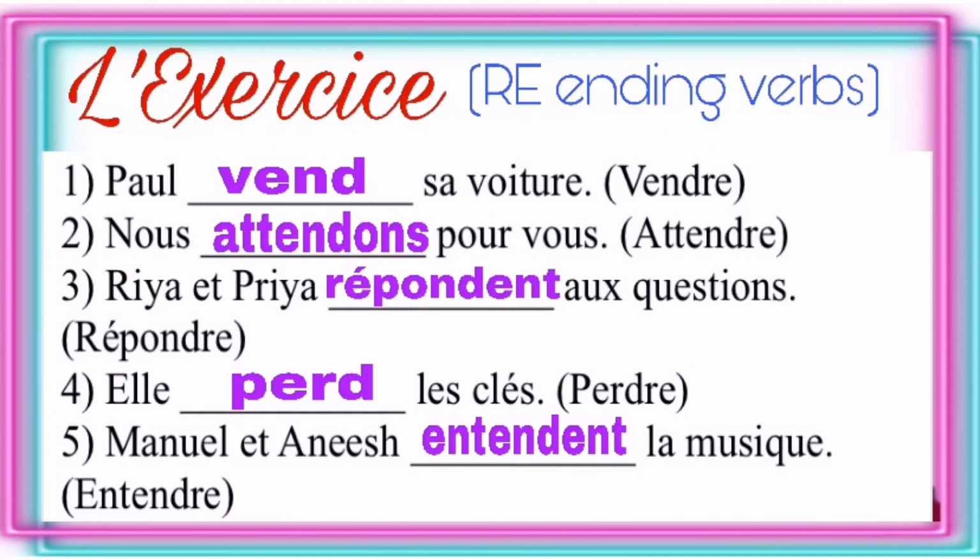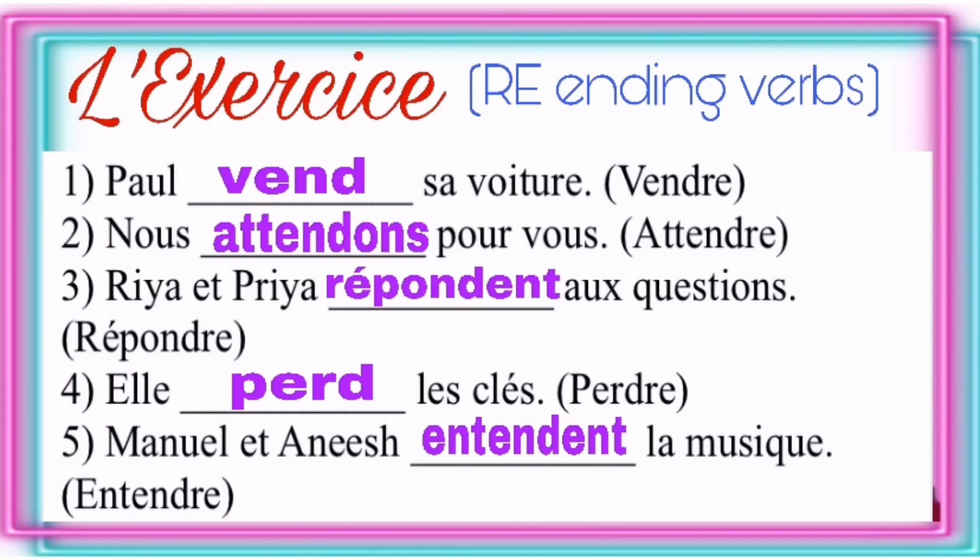Now in the third one, our subject is Ria et Priya. Ria and Priya, there are two girls. Then conjugate répondre with elles, so it will become répondent. As we all know, we do not pronounce the words which end with ENT. Okay, so we will pronounce it till E only, répond. Now come to the fourth one, elle dash les clés. The subject is elle, so again we will simply cut RE from perdre and our answer will be PERD. Now the last question is Manuel et Anish dash la musique, and the verb in the bracket is entendre,